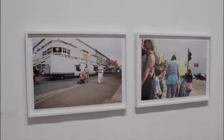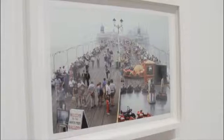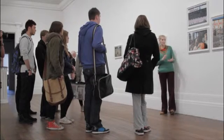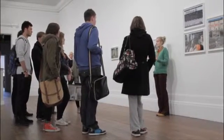They've also been able to look at artworks by some really leading contemporary photographers as well as past photographers like Alfred Gregory and Thomas Sykes, but also Martin Parr and photographers internationally that have visited Blackpool as well to take photographs and really get to the essence of what Blackpool is and what it means to everybody that lives here and visits here as well. That's why these images might not shout out at you as Blackpool, but they are the essence of Blackpool, and